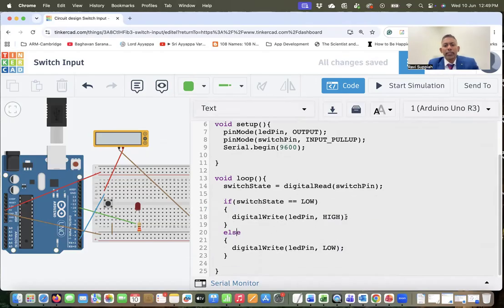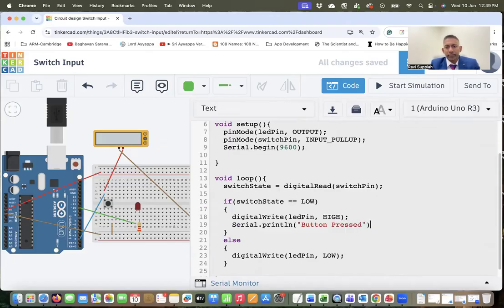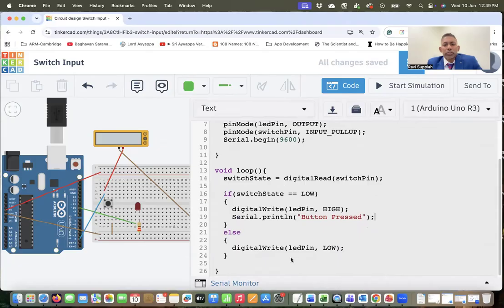So what I want to do is, if the switch state is low, I want to call Serial.println with "button pressed". Now I'm not going to print anything over here in the else, because it will continue to print even though I'm not pressing the button. Let me show you what I mean. If I add one print statement here, "button not pressed",